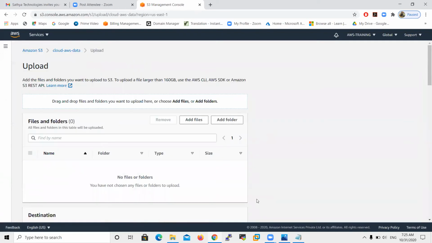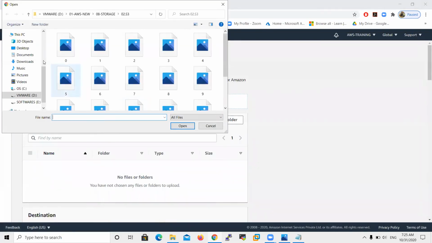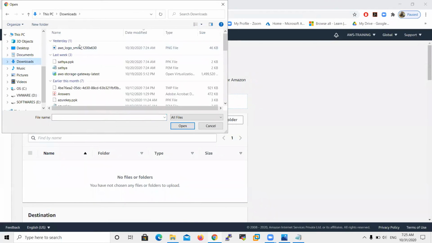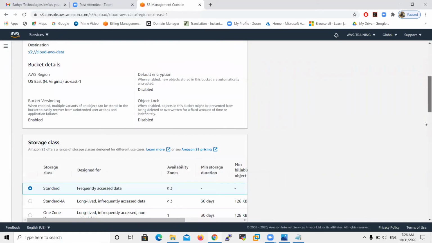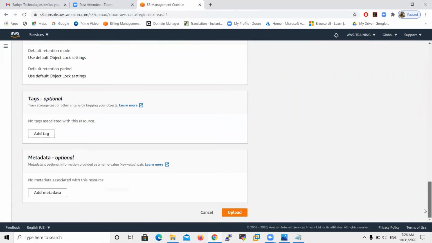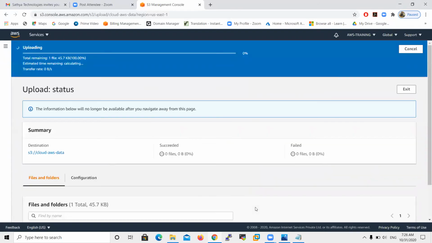In the upload, add files. Okay, I want to upload the image file. Then directly upload it.